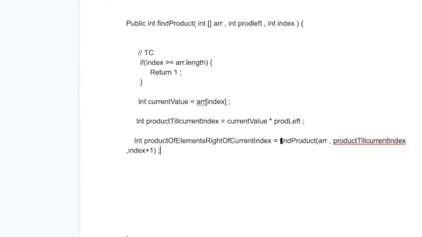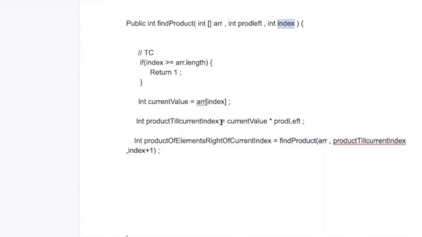So this function call will now return the product of all the elements from the position index plus 1 till the last. So basically this is the product of all the elements to the right of the current index, right?